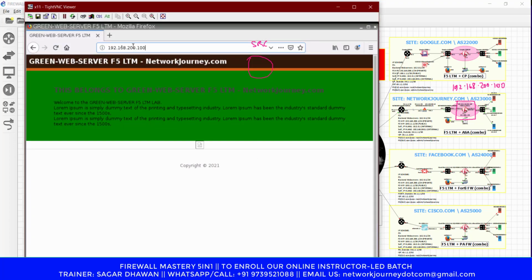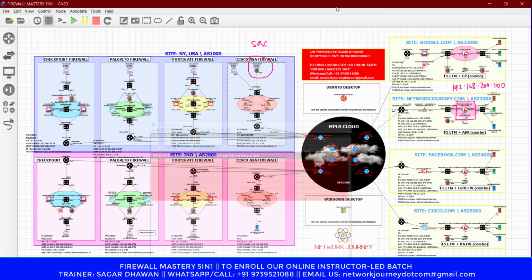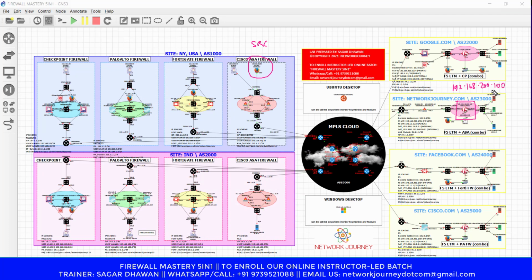And if I just refresh, you can see in the back end, the servers are load shared. So what is happening here? When the URL 200.100 is being hit, the load balancer is going to share the traffic, or share the TCP connection, accordingly to its backend servers.